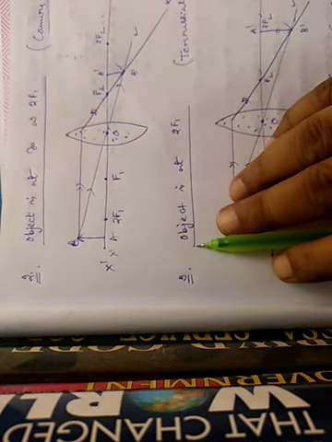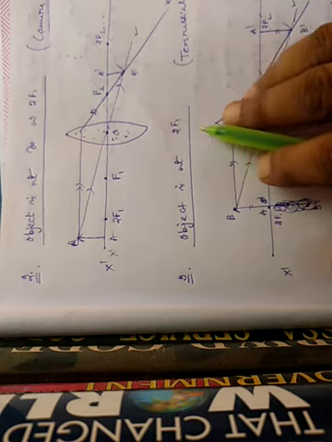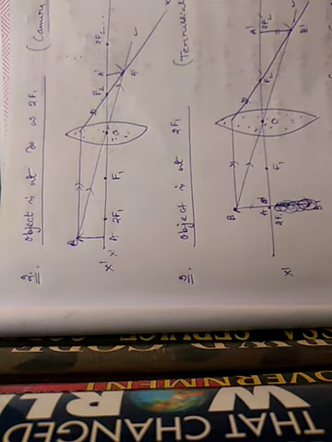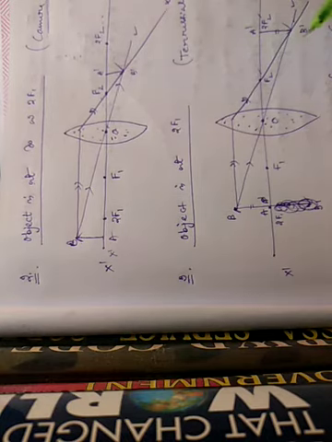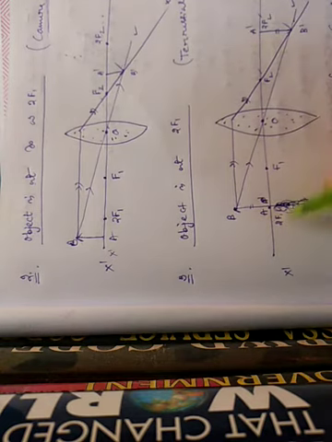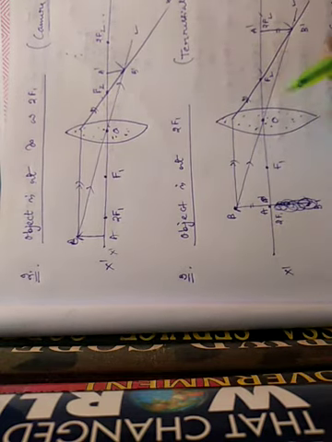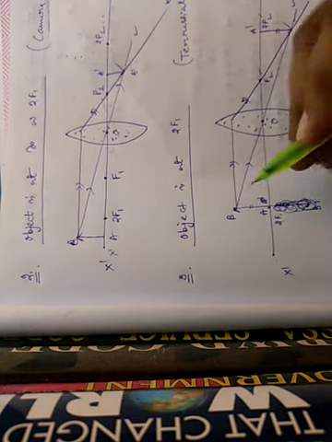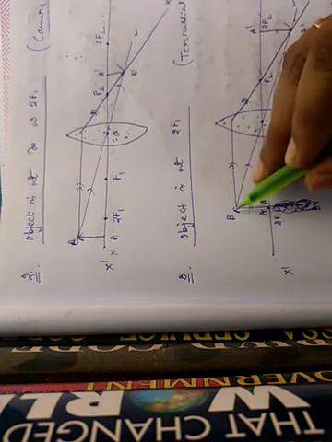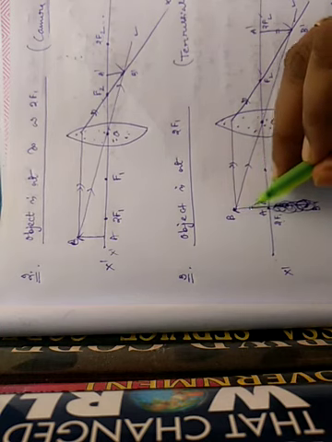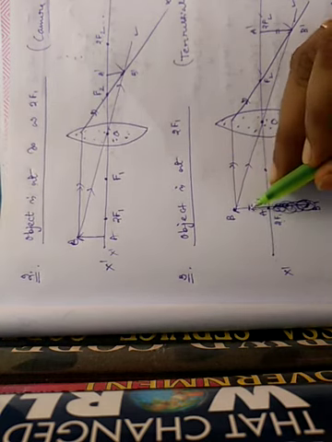Now the third case, object is at 2F1. First you remember, if object is at 2F1, image is at 2F2 and size of the image is the same as the object. This is very crucial. How can it be perfectly maintained in our ray diagram? First draw the convex lens, and this is your principal axis X dash X, and this is your optic center. Put the marks F1 and 2F1. First draw the object AB and put this symbol AB.